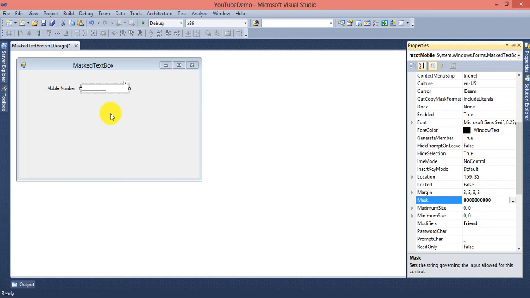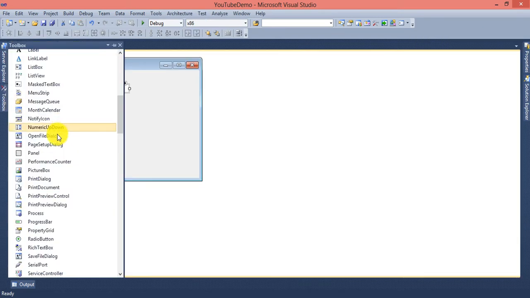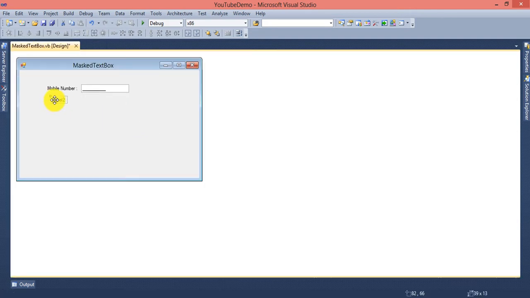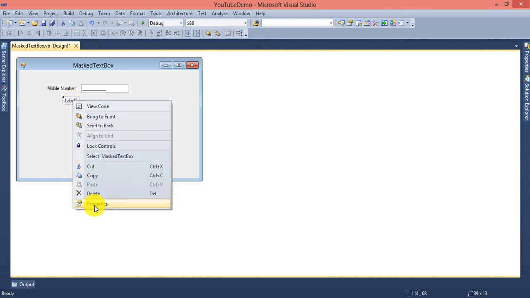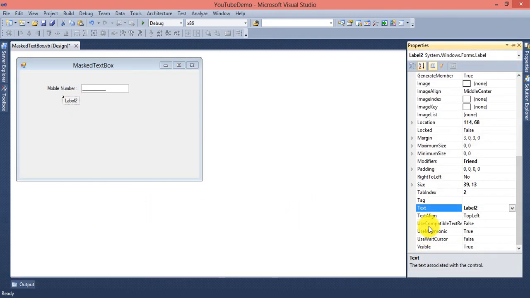Okay, in the same way we can use it for the STD code number also. So I am again taking one label, and providing the text in properties, STD code number.